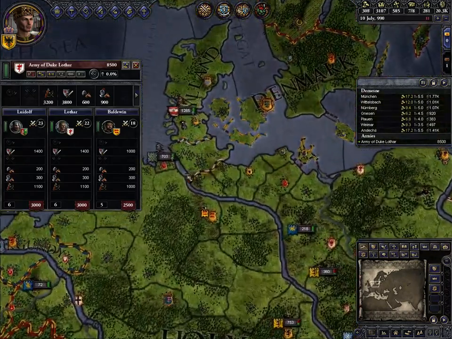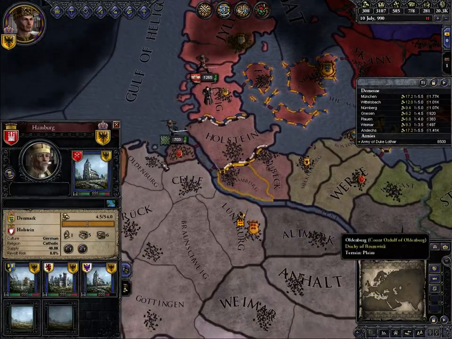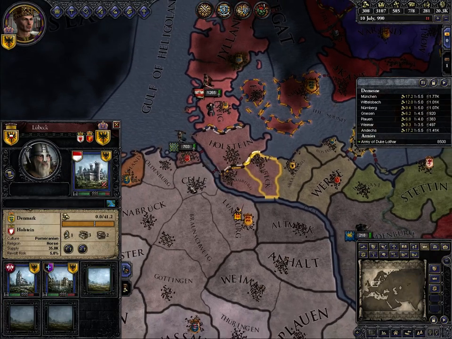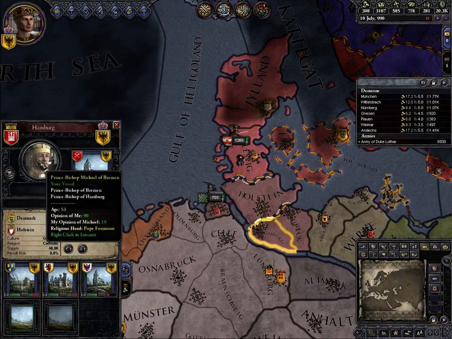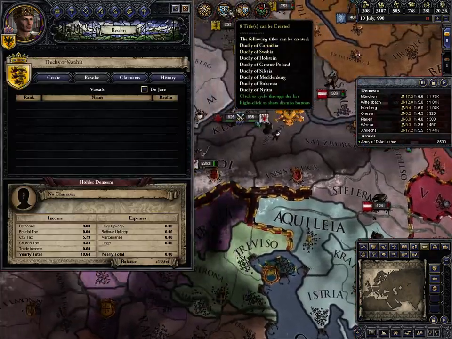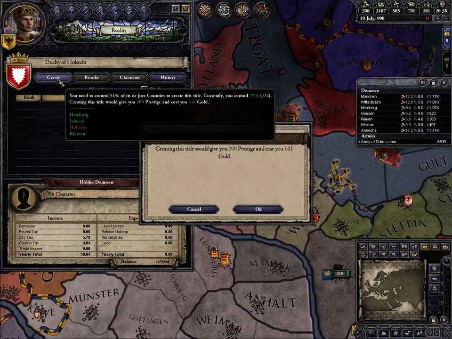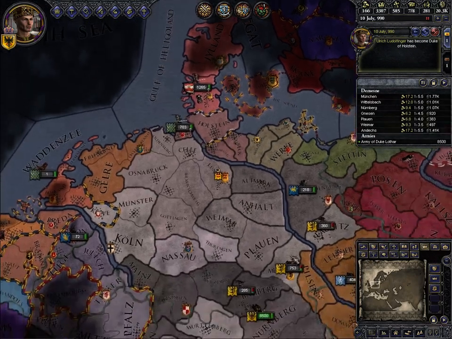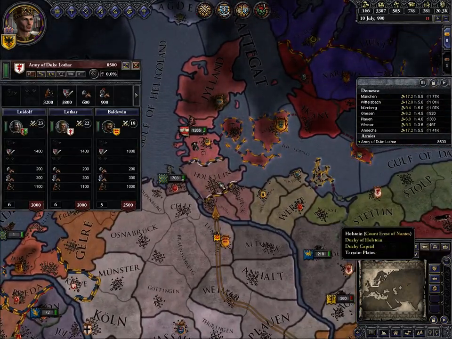You know what? Who actually owns these lands? That's a bishopric, that's a bishopric, that's a castle owned by this guy. Okay, so if we form the duchy, we'll either give it to this guy, or if we can, the Prince Bishop here. So let's actually form that. Where is it? Create. It costs us 141 gold, but, you know, whatever. It also gives us a bunch of prestige. Done. And our army is going to stop moving down there and move up there, because we're going to take Holstein